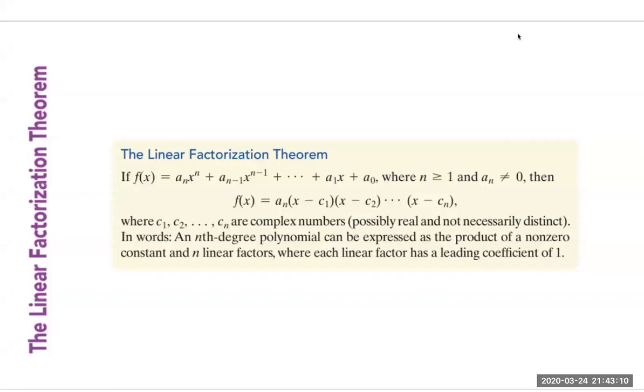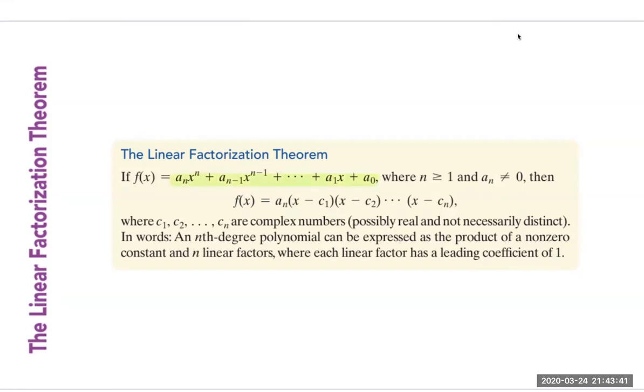Hello, everyone. Welcome back. So today we're going to continue our discussion on 3-4, and we're going to talk about a couple of types of problems pertaining to the linear factorization theorem. And the linear factorization theorem says that any polynomial of degree n can be written as a product of factors. So if you look at this slide right here, it says that any polynomial